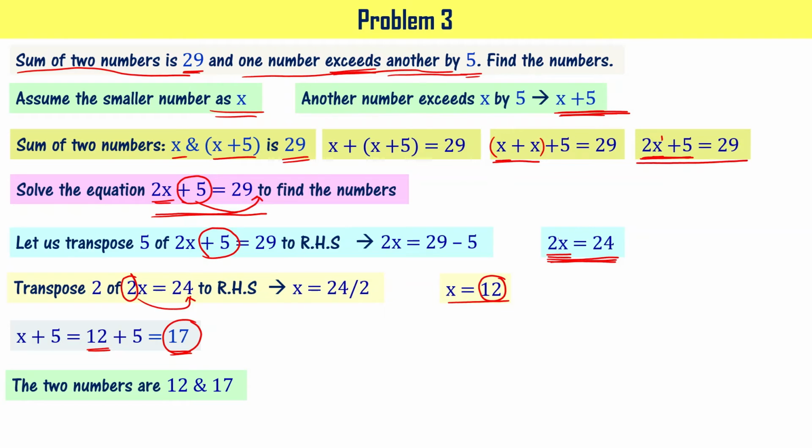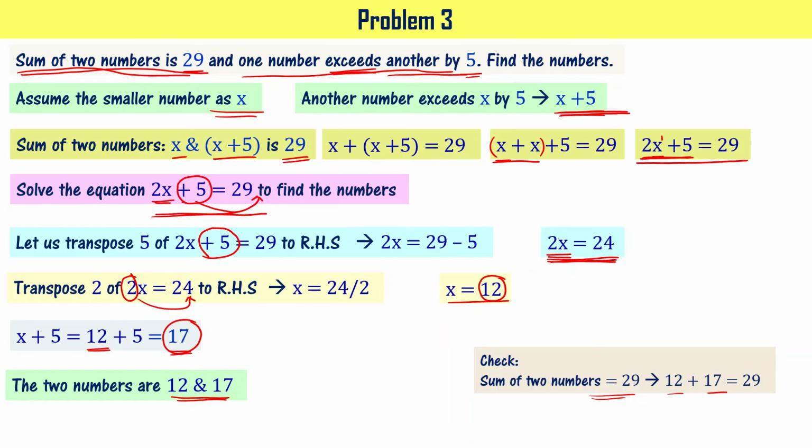How do I confirm whether these are the numbers or not? We can verify, right? Look at this statement. The sum of the two numbers is 29. Meaning when you add these two numbers, if you get 29, you can say that you have verified the solution, right? Let's do that now. The sum of two numbers is 29 given, and let's add 12 and 17. These are the numbers we have obtained as the solution, right? 12 plus 17 equal to 29. Since this is satisfying the statement given in the problem, we say that the solution is correct and it is verified. Got it?